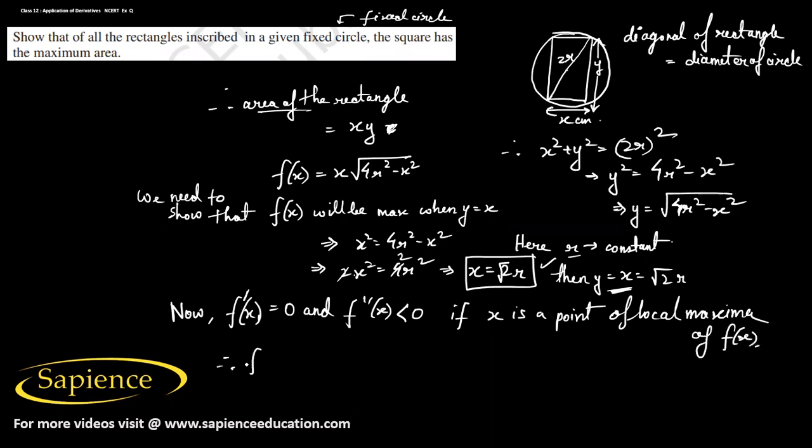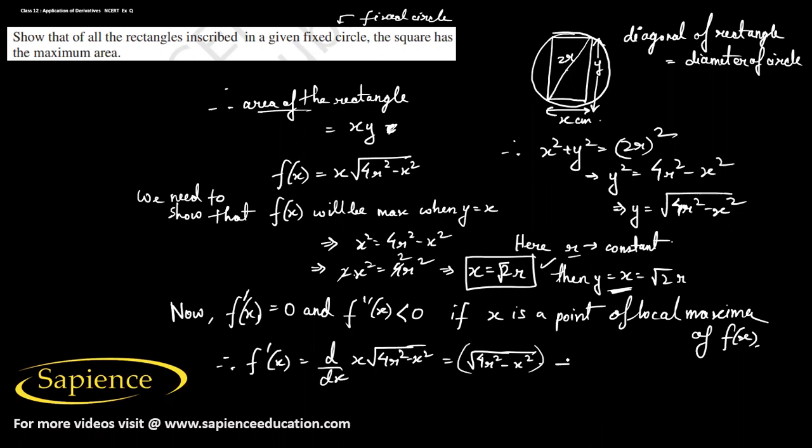So now therefore here first we have to find f dash x. So f dash x will be equal to d by dx of x into square root of 4r square minus x square. So that will be equal to d by dx of x. So that will be square root of 4r square minus x square into d by dx of x, that is 1,